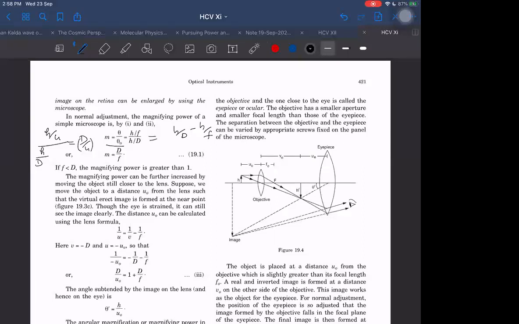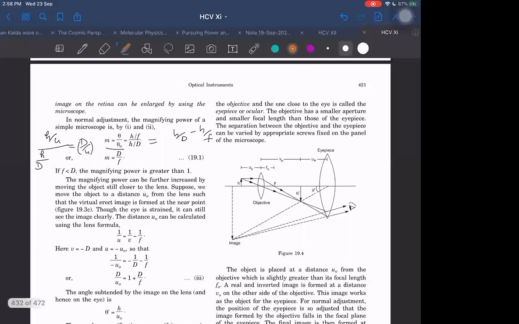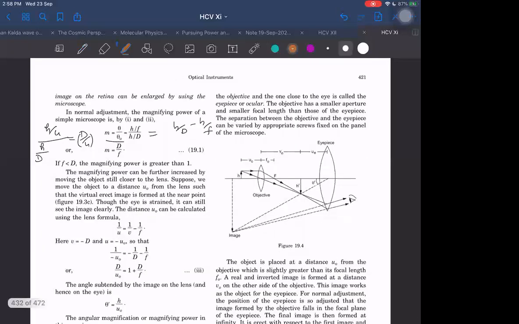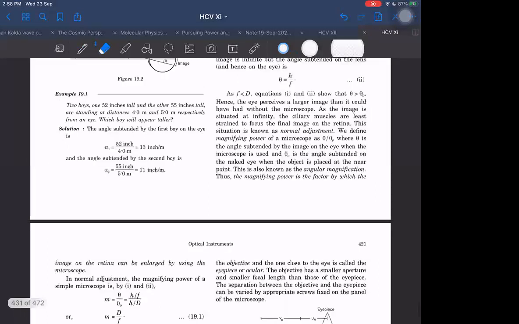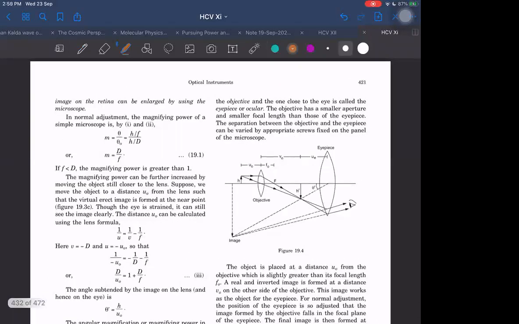Oh my God, why did I waste my time. He has given this already. I thought he had not given this and I was only explaining it. No need. He has given everything here only. Why did I start doing all this? No need of that. In the first, he's taking this example, but then he's saying here he's getting this. This is the magnification when the image will be formed at infinity. Final image will be formed at infinity.